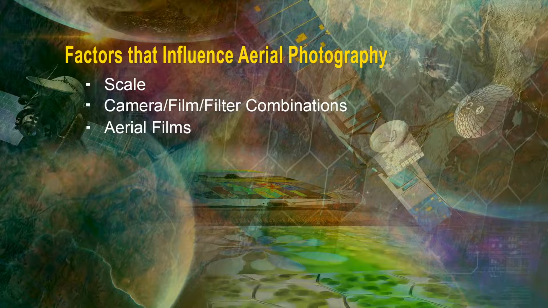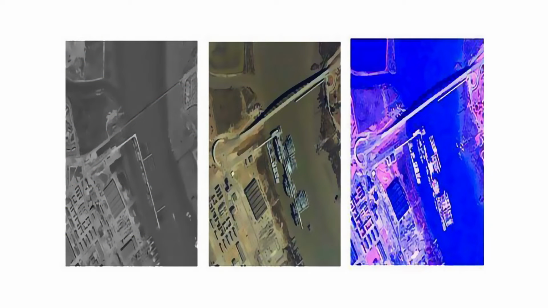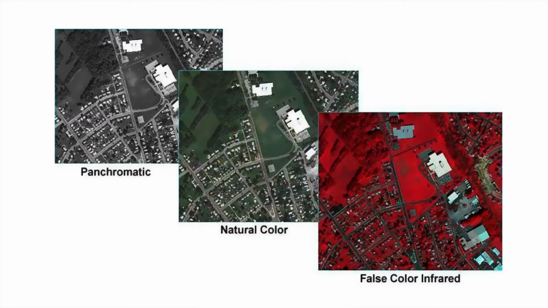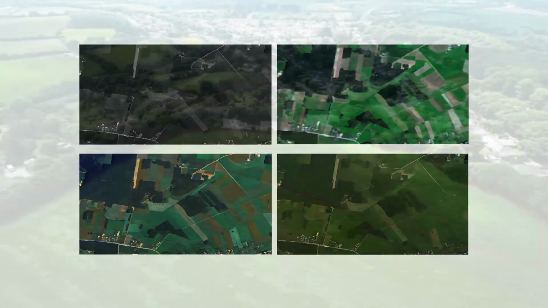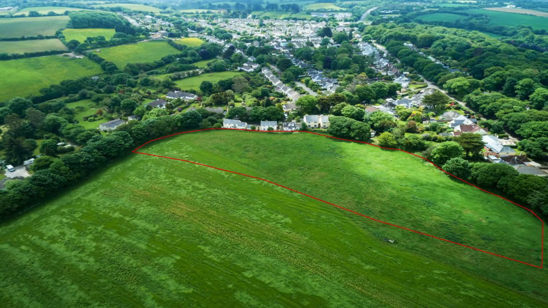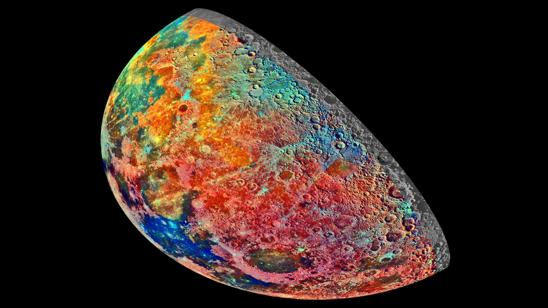Aerial films. Aerial film is a multi-layer emulsion laid on a stable anti-halation base. Generally, aerial films are available in rolls that have a cross-section of about 10 inches in width and 200 to 500 feet in length. Types of films. Depending upon the suitability for different purposes and unique situations, a variety of films are available. Panchromatic and natural color films are the two most commonly utilized films. These two films, along with infrared and false color, form the basic media used in aerial photography.